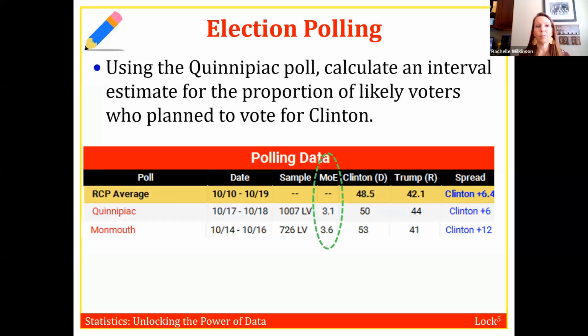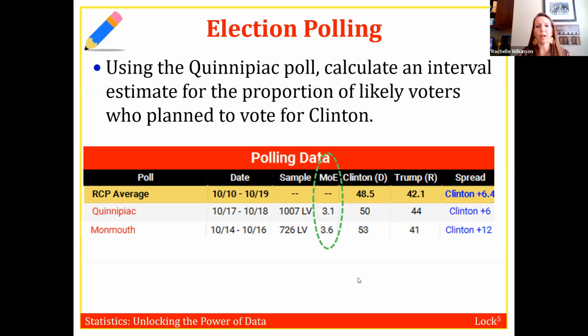between 46.9 and 53.1%. So when we have this confidence interval, basically all the values in our confidence interval we would consider plausible values for the population parameter. And any values that are not inside the confidence interval, we're going to say those are not plausible values for the parameter. So based on this interval, anything between 46.9 and 53.1 is a plausible value for the